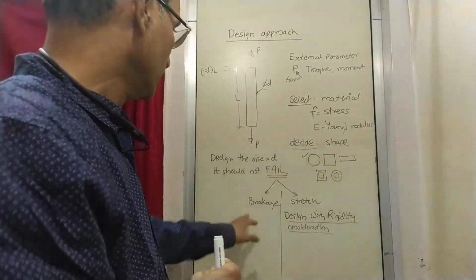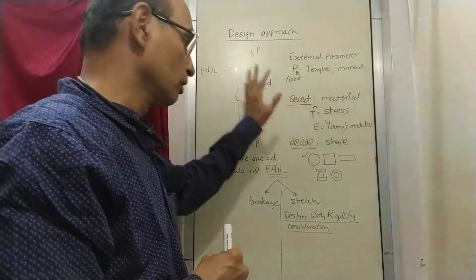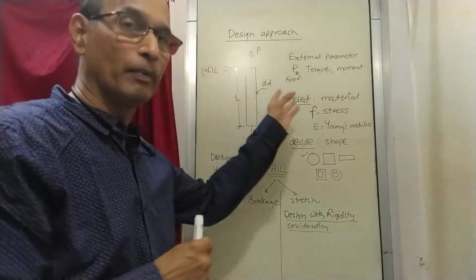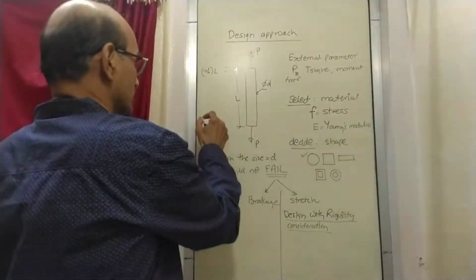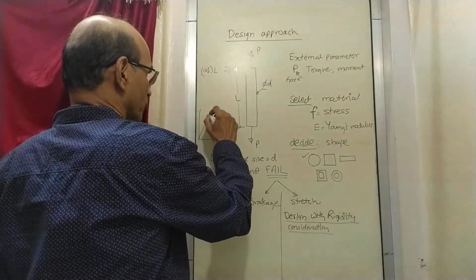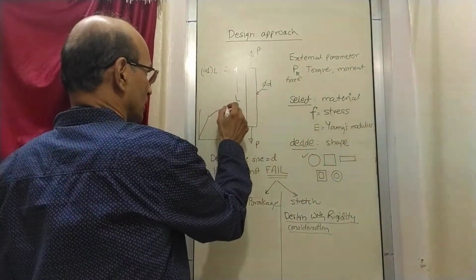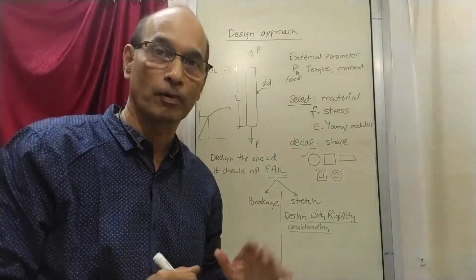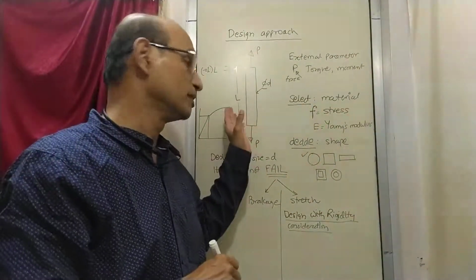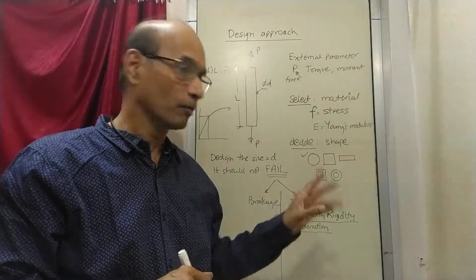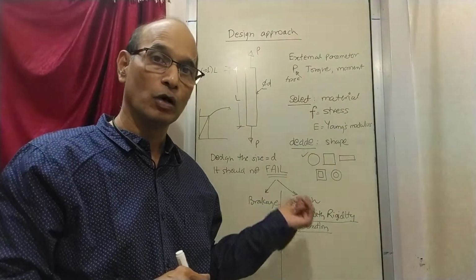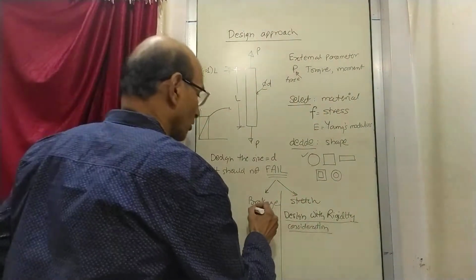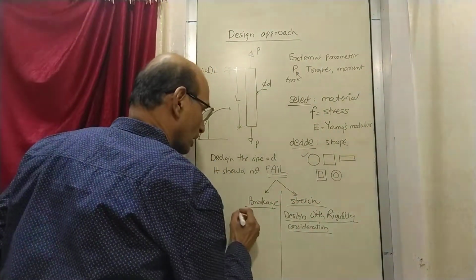Okay. Then the next is breakage. That means we don't want the part to break. Just now we have seen a graph like this. Within a certain limit, it is behaving in a proper manner, and if you still increase the stress, then it is going to break. So if you are talking about breakage, then you are taking into consideration the measurement of stress. So the criteria is stress.